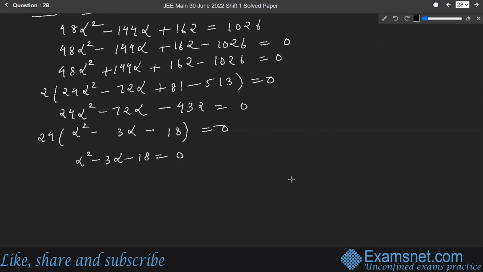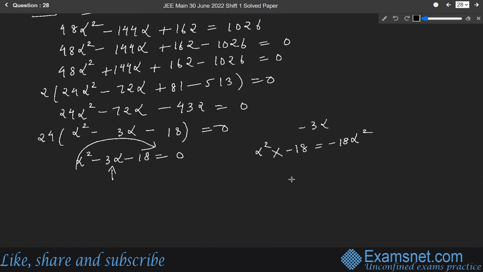Okay. Now what we can do is find the factors of this expression. How to find the factors of this expression? We have to use the splitting the middle term method here. What is this method? Let us understand this method first, right? This is a method in which the middle term is split in such a way that we have to find two numbers, and when we add those two numbers, it should be equal to the middle term, and when we multiply those two numbers, it should be equal to the product of the first and last term. So what is the product of the first and last term? The first term is alpha square, the last term is minus 18. The product is minus 18 alpha square, right? And what is the middle term? The middle term is minus 3 alpha.